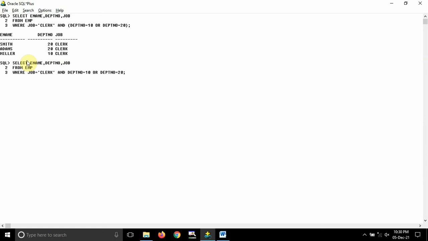If I terminate this and hit enter, I will be getting a different output. Here you can see the first output is different and the second output is different. It seems both the queries are the same, but they are not the same, guys. Because of the brackets, the first query is correct and the second query is wrong.